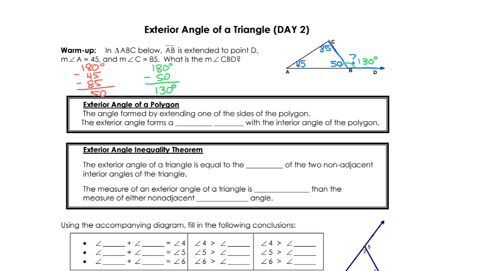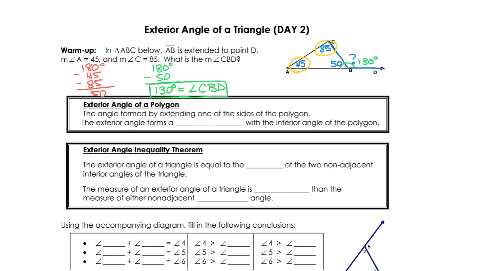Okay, and what we need to go ahead and see is an easier way of getting that 130. Instead of doing the 2 steps we did, first step we found the 50, second step we found the 130, which is our answer, we could have done this problem in one step if we realize the theorem for the exterior angle. And that theorem is that these 2 angles who are inside the triangle, however, they are not